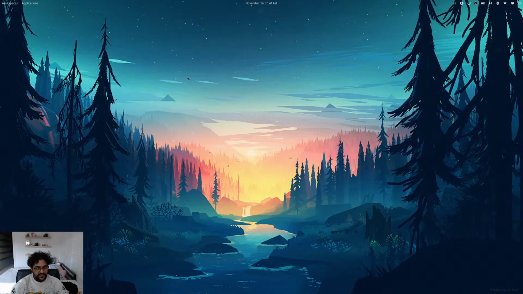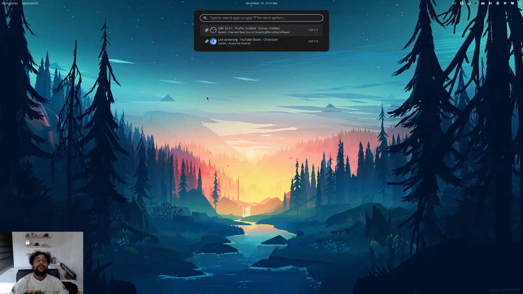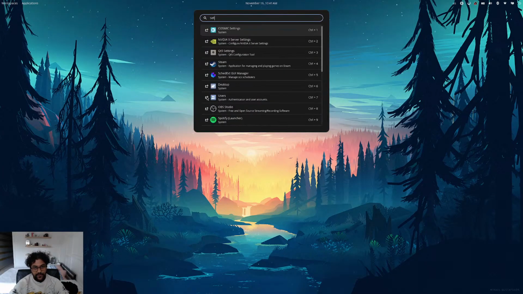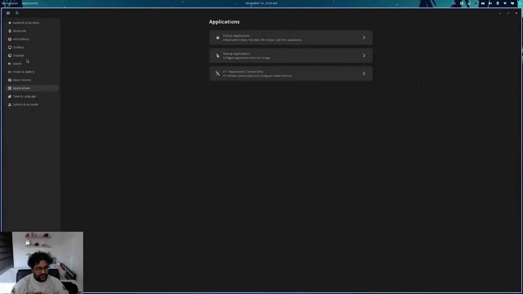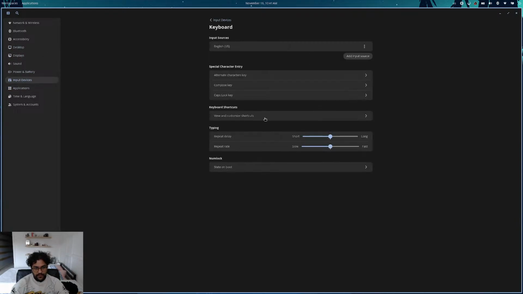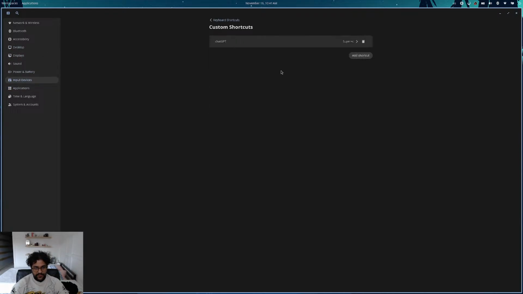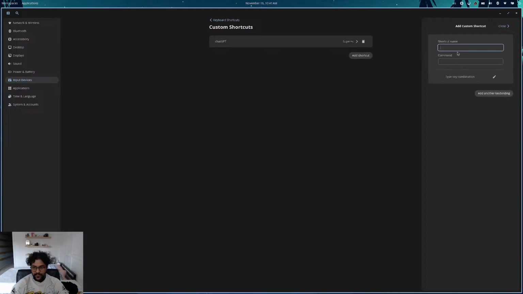What is this? Good question, I have no idea. I want this to launch on my right monitor, but I want another way to do this, so I don't want to run it in my terminal, and this will work. So if I go to inputs, custom, shortcut name, start the music, command,